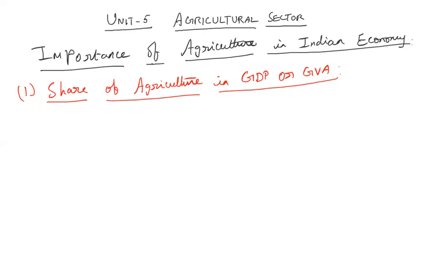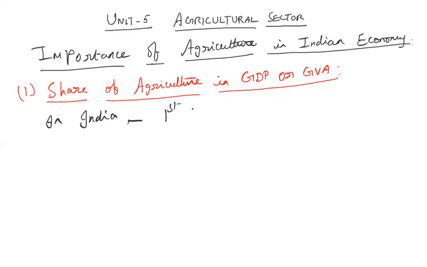Any commodity goes through different processes from the agricultural sector. The raw material, if it goes through the process in the industrial sector, a certain amount of value is added, isn't it? And again, when it goes to the tertiary sector, some more value is added. That is the meaning of gross value added. Whatever it is, the meaning is the same. So what is the share of agriculture in GDP, or currently, which is the same thing, GVA.